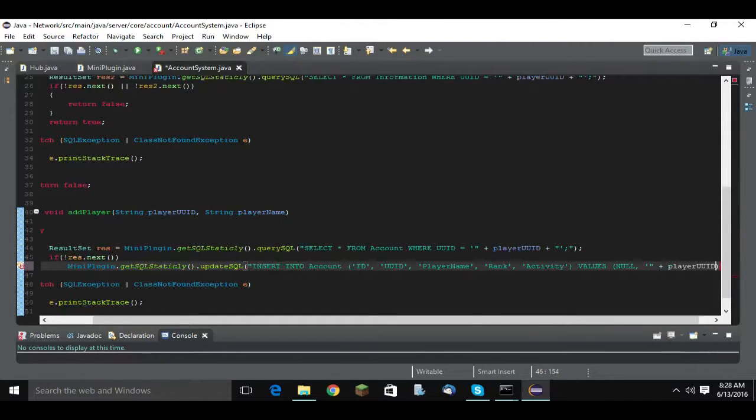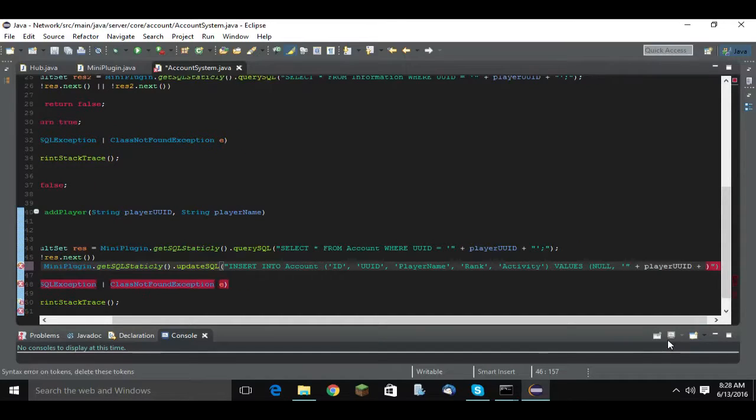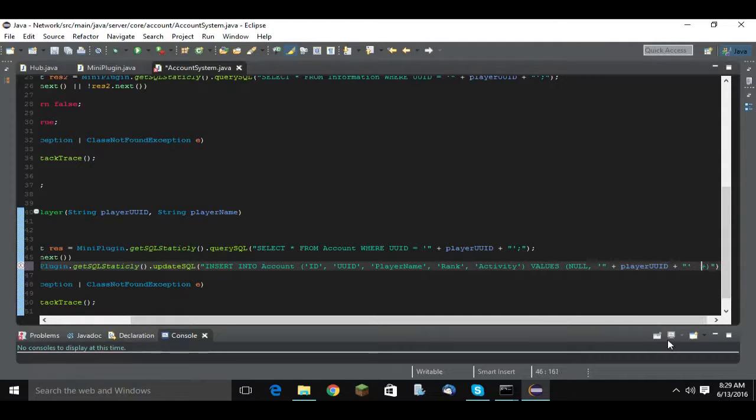Player UUID plus 2 brackets, 1 bracket, and then plus 2 brackets, 1 bracket, plus player name,